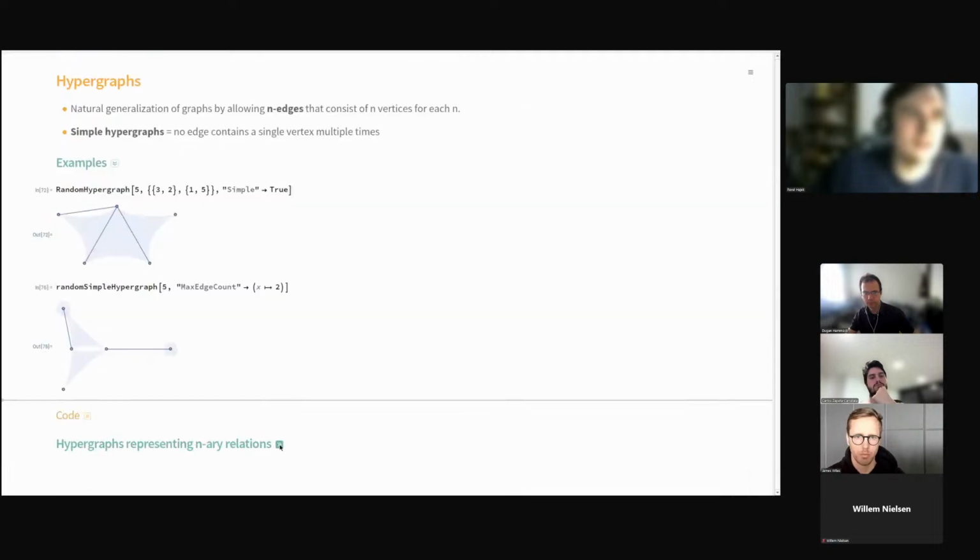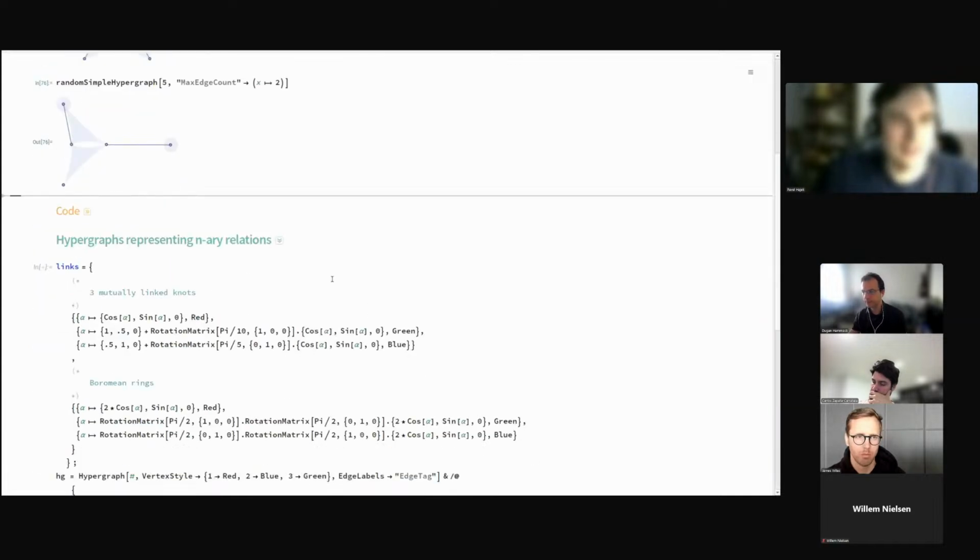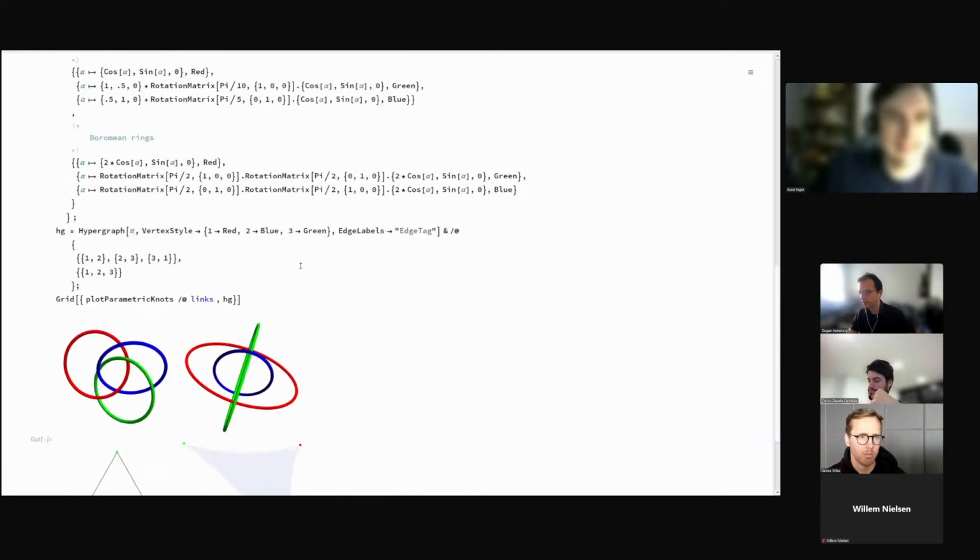Now, you can actually see hypergraphs appearing in real life, so to say, for instance, by representing n-ary relations. Recently hypergraphs are even appearing in software engineering, because there are hypergraph database models. You can view a simple database model as a table, which is a binary relation, but hypergraphs are basically n-ary relations, like multi-dimensional tables.